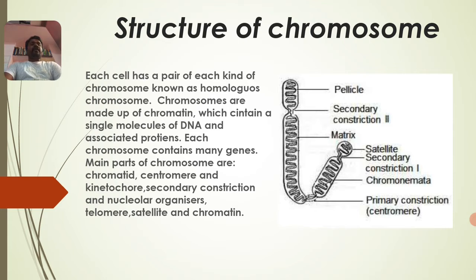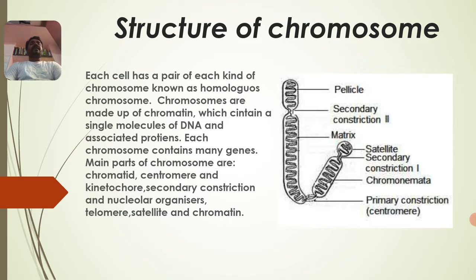These colored bodies are formed in the nucleus region by the condensation of the chromatin fibers. One is euchromatin and another one is heterochromatin. Euchromatin condenses to form the arms of the chromosome, that are called chromatids, and heterochromatin undergoes condensation to form the centromere, which is a point where two chromatids are joined together. The point is called a centromere.